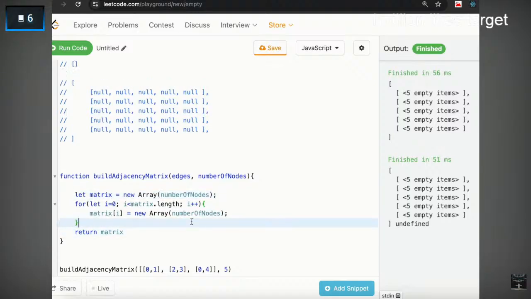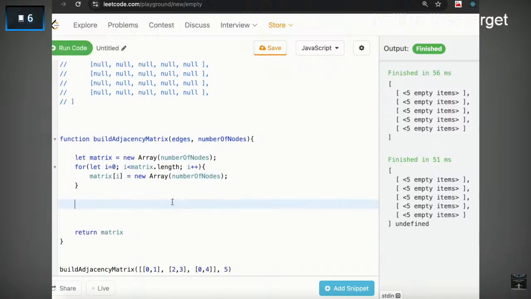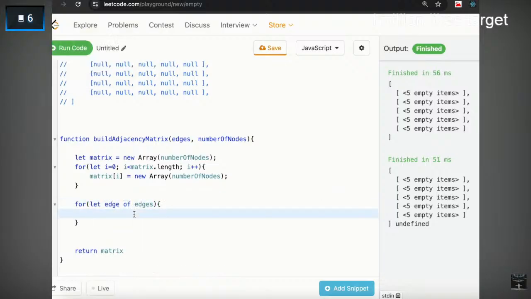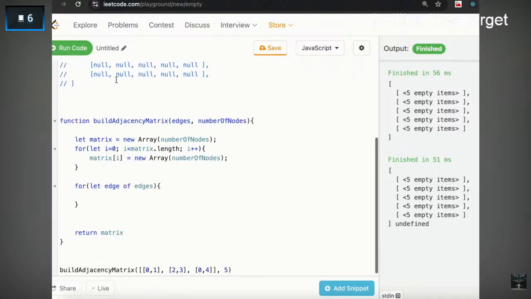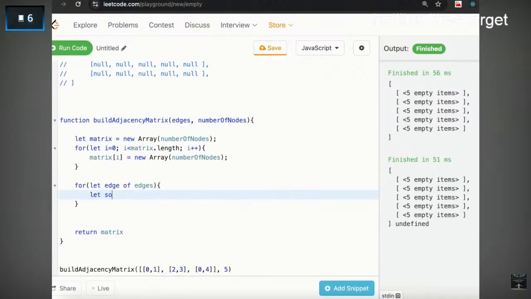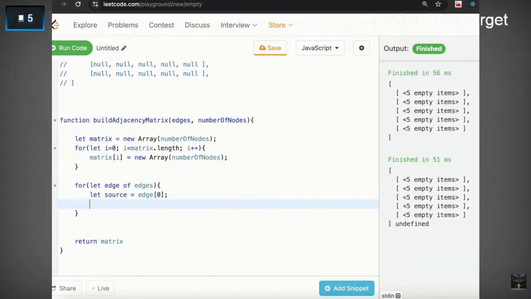तो ये हो गया, ये तो मेरा matrix at least तैयार हो गया। अब मुझे इस matrix में based on this edges मुझे 1 या 0 भरना है, which will tell कि इन दो edges nodes के बीच में actually में edge present है। तो हम क्या करेंगे, पहले तो उस पूरे edges को iterate कर लेते हैं। तो ये एक for-of loop है जिसमें कि आप बिना index के भी iterate कर सकते हो हर एक item, ठीक है। तो मुझे पता है कि ये edge एक element है जो कि एक array ही है, राइट, जिसका first element एक node है। तो मैं उसको पहला node को बोल देता हूँ source, राइट। तो let's call this source and let's call it destination edge[1], ठीक है।